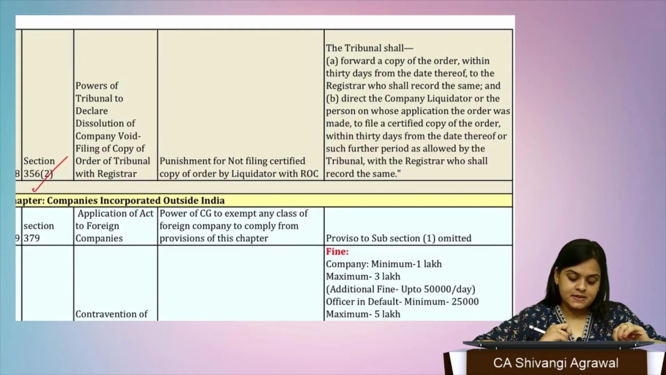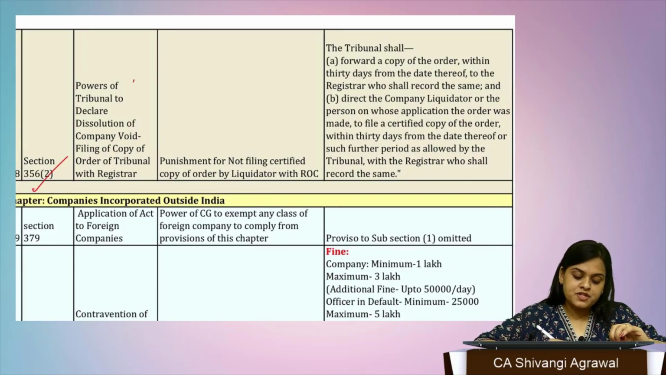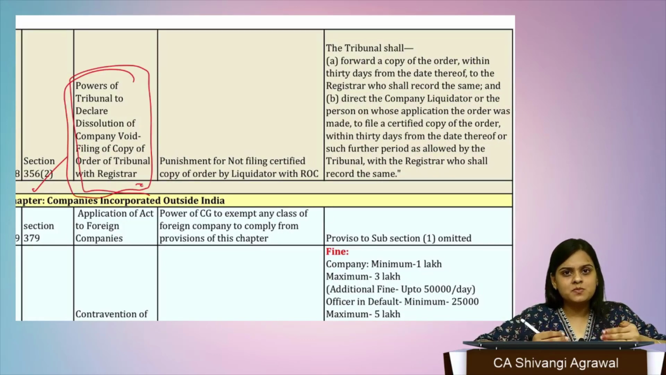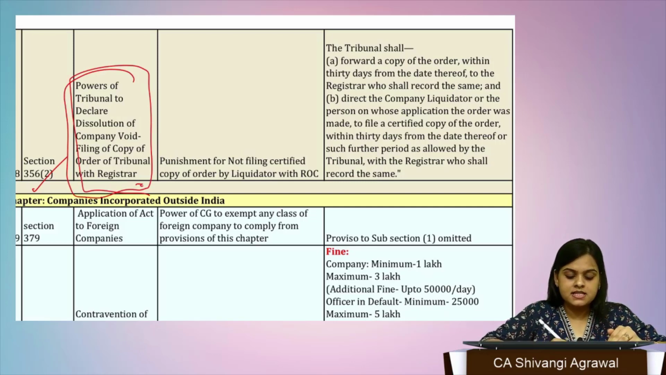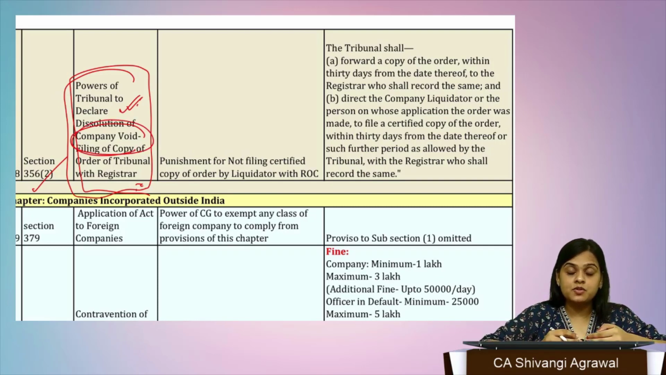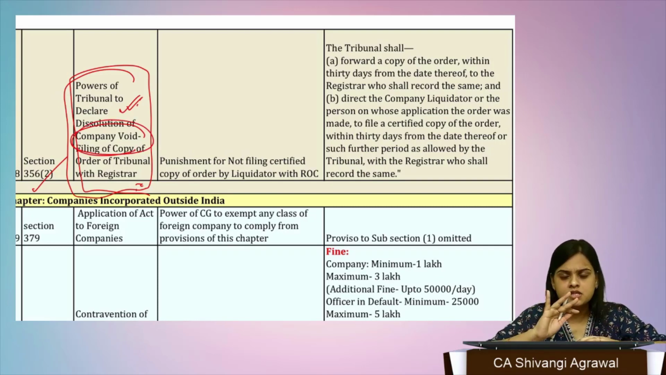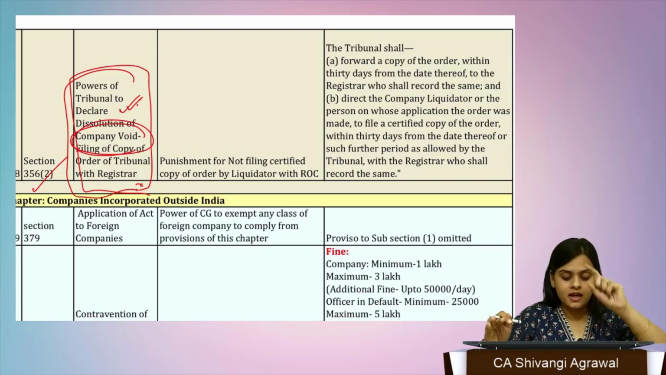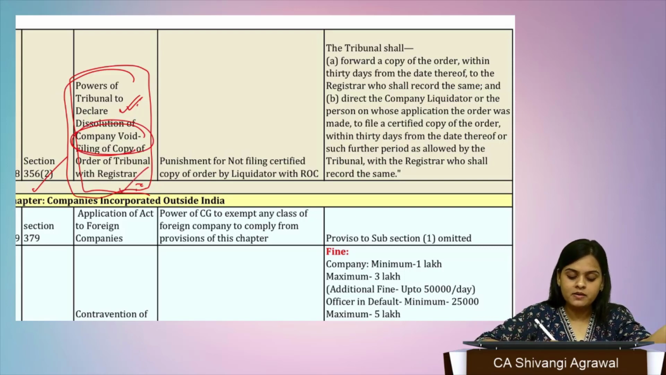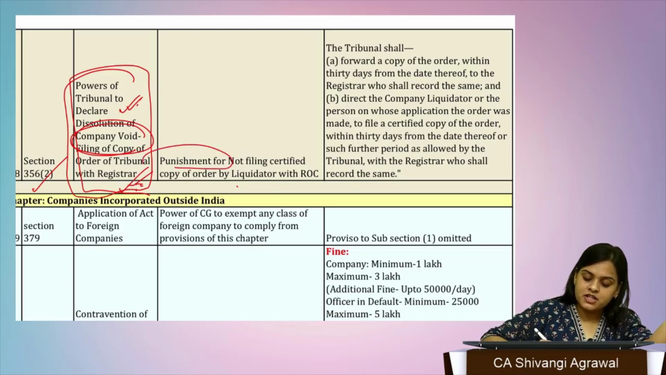Section 356, power of tribunal to declare dissolution of company void. Now once the company has been dissolved, there can be instances wherein tribunal declares the same as void, and as soon as the tribunal declares that this particular dissolution is void, the same has to be forwarded to the registrar. Earlier there was punishment for non-filing this copy. Now again this